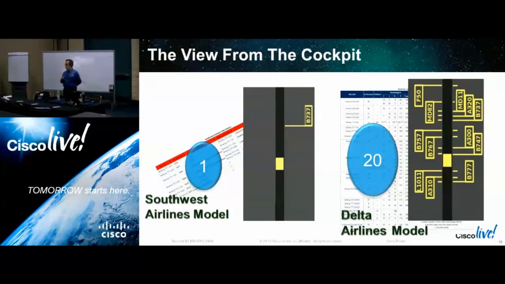Delta's got 20. That's 20 times more than Southwest. When Southwest cancels a flight, they don't have to worry about, does this pilot have certification on the substitute aircraft? Will this aircraft have the same configuration and seating as the substitute aircraft? Because by default, the answer to those things is yes. When Delta cancels a flight, chances are good that's no. That makes the delay longer, makes customers more unhappy.